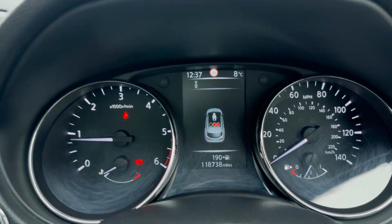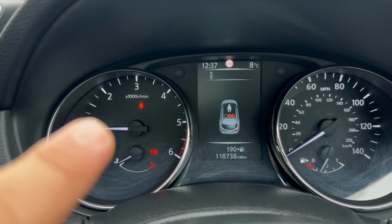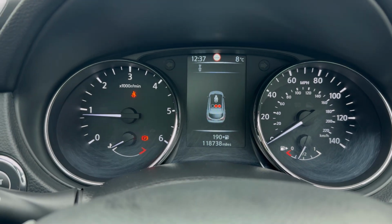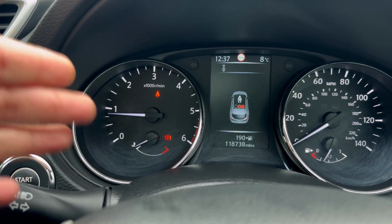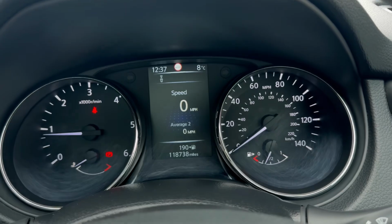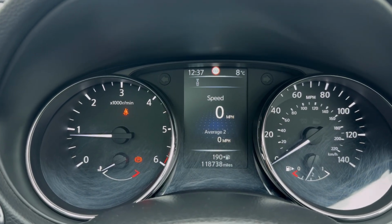Okay. So there's no warning lights in the dash whatsoever. The only two lights on is the fact that I'm not wearing my seatbelt and the fact that the handbrake is up. So over there you've got your rev counter, that's your water temperature, that's your fuel gauge, and then your speedometer over to the right. And then in the middle there you've got your